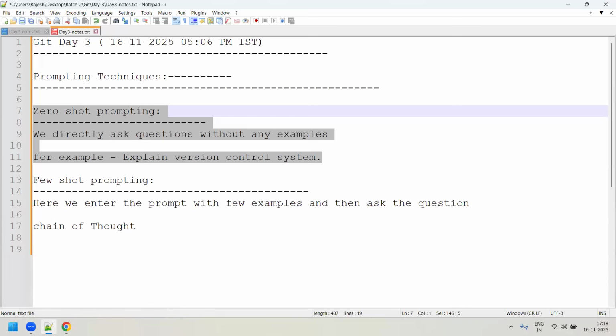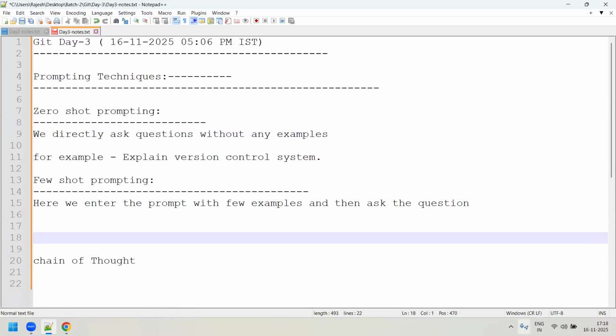So let us try to take some real life example. One real life example I will take, and then I can go with examples from our DevOps and cloud. What can we ask with respect to DevOps and cloud for this few shot prompting? We will see. But let me think what is a real time example I can think of now for few shot prompting, where I provide a few examples and then ask the question I need. Okay, for example, let us try to understand in real time, guys.